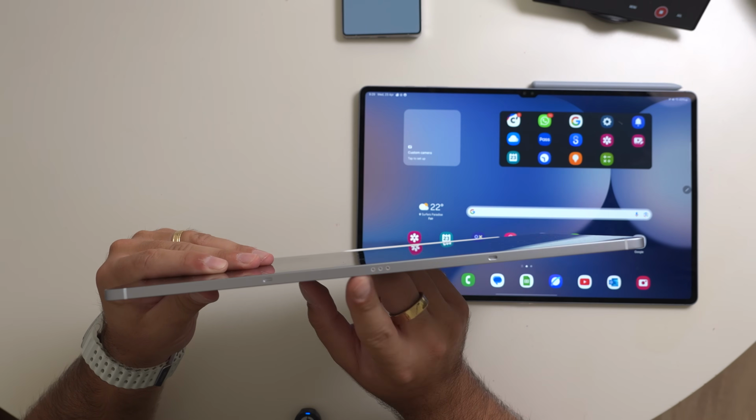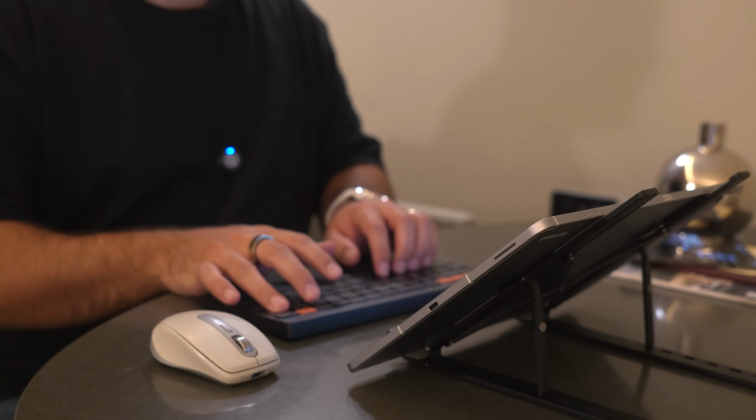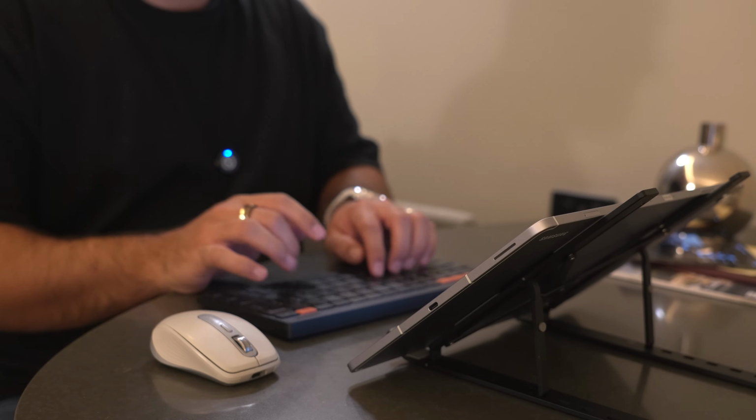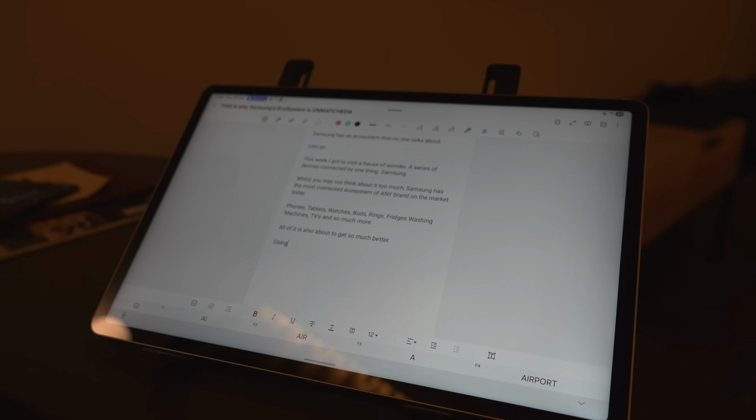I don't have the keyboard for the S10 FE Plus. It does support it, you can get one for it, but I don't have one. However, I've taken it to Sydney with a wireless Bluetooth keyboard and a mouse and used it down there. The advantage of this setup here with the Tab S10 FE Plus is that it just gives you that option